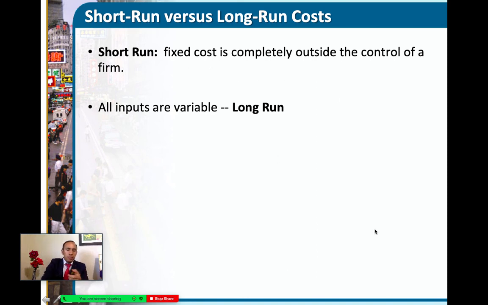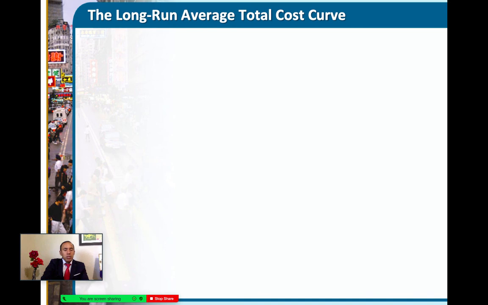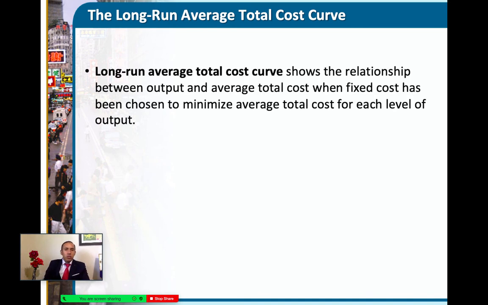And typically, sometimes we cannot control the short term, or we can only adjust to it. So when we're looking at the long run, the firm can select different fixed costs of operations, or it can actually adjust the firm's fixed costs. It becomes a variable that it can choose based on the level of output that it wants to produce. And it can also adjust the variable cost of operations. So let's take a look at the long run average total cost curve,